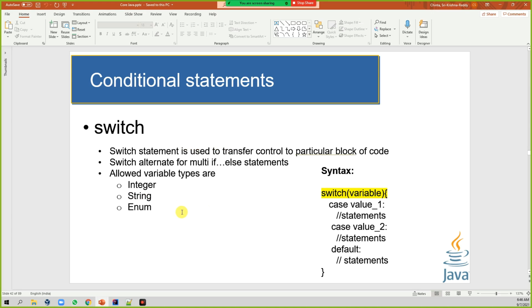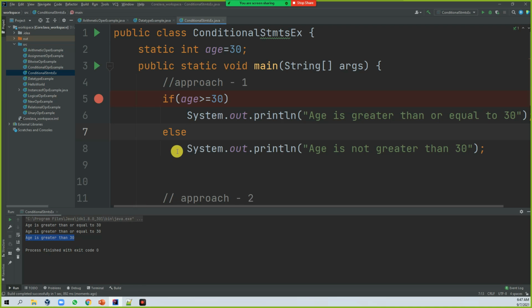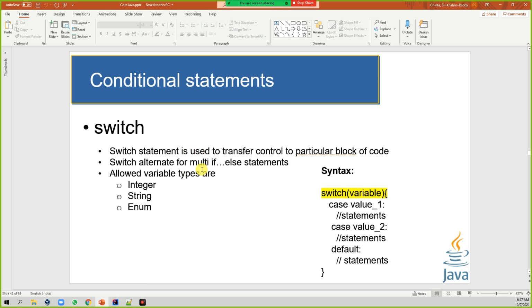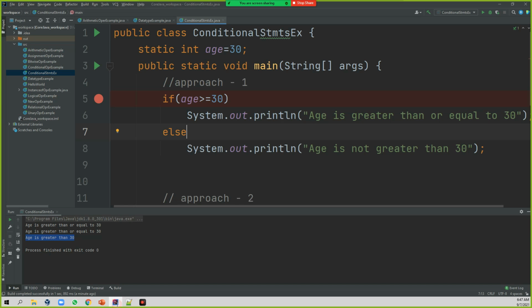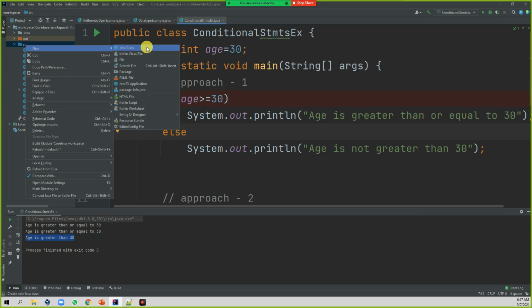Switch statement. When are you going to use switch? Switch is mainly for cases where we have multiple if statements. Let me write one program for that. And here I will give it a naming convention like